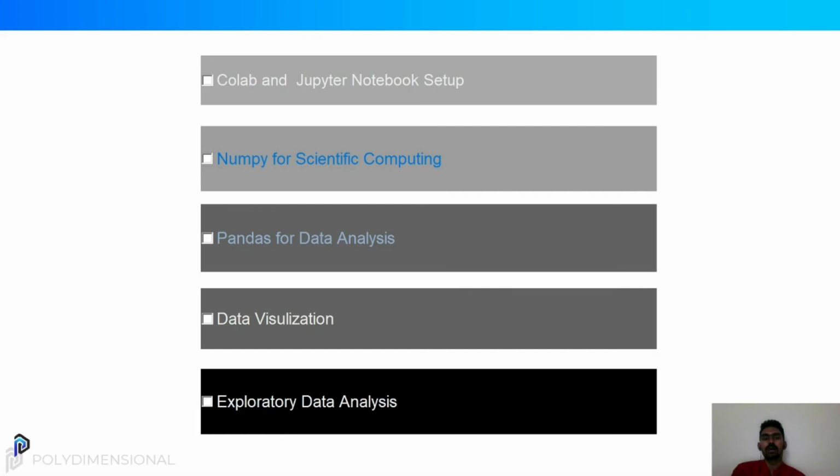Yeah, that brings us to the end of the first part of our first section. We have completed Colab and Jupyter Notebooks right now. In the upcoming videos, we'll be looking into NumPy for scientific computing. I hope you learned a lot from this Colab and Jupyter Notebook setup. Right now we have laid the foundations for you with the environment that you require to work on your machine learning project. In the upcoming sections, we'll be looking into various packages that we will be using towards making your machine learning journey.